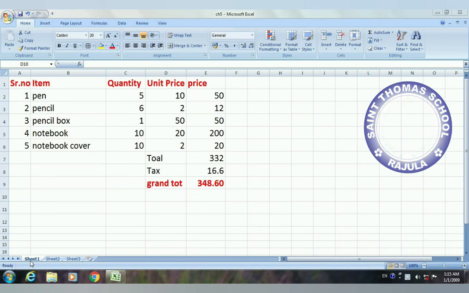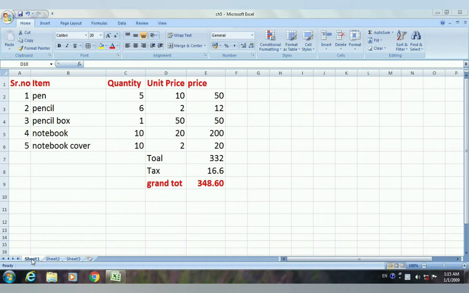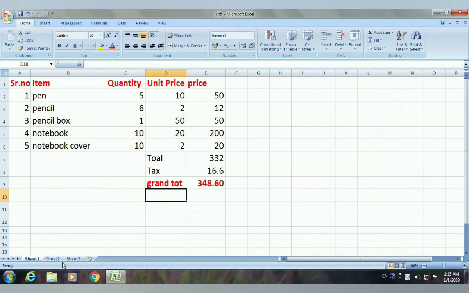So now students, here you can see that we have 3 tabs named Sheet 1, Sheet 2 and Sheet 3. These are known as worksheets of our workbook. Here we have created this bill in the Sheet 1 tab. You can rename Sheet 1 as the Bill tab also. By default, the background of the selected tab is white. Just right click over here and select the Rename Sheet option. With the backspace delete this name and write Bill.